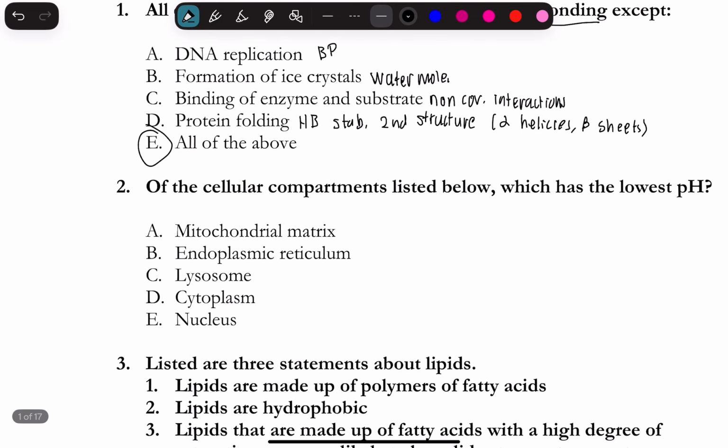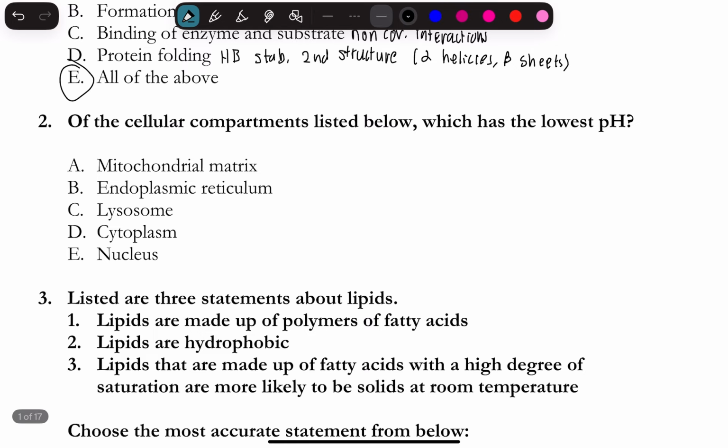So let's move on to our second question. Of the cellular compartments listed below, which one has the lowest pH? Well, the lowest pH is going to be C, and the reason is because lysosomes are acidic. The pH is going to be approximately 4.5 to 5. Remember, acid means a low pH. And that acidity is mainly maintained by the proton pumps,